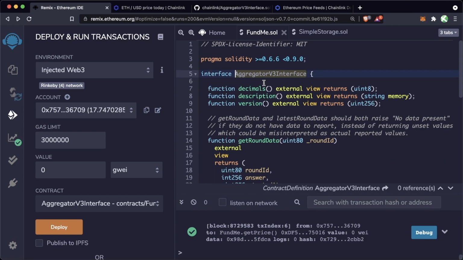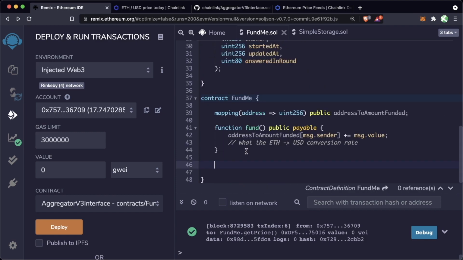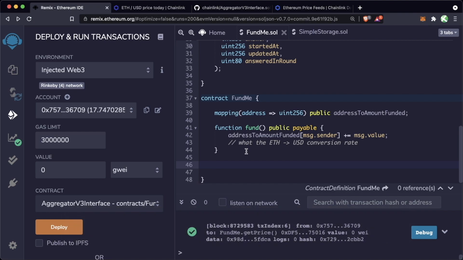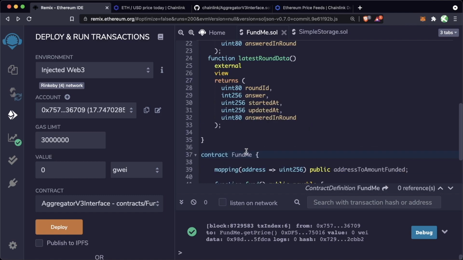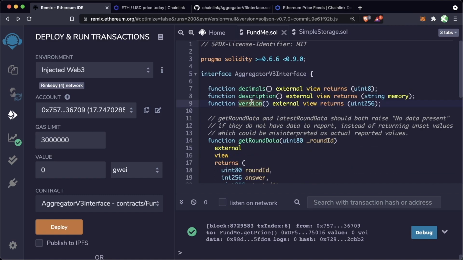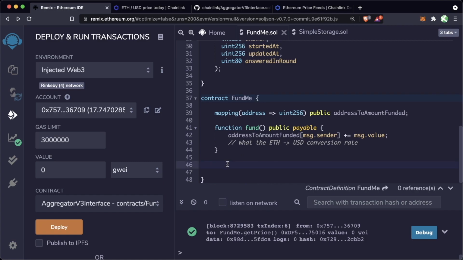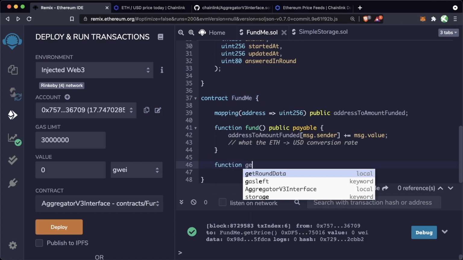So how do we actually work with this contract here? To interact with an interface contract, it's going to work the exact same way as interacting with a struct or a variable. Let's define a new function called getVersion, and we're going to call this version function on this other contract. So we'll start out doing function getVersion